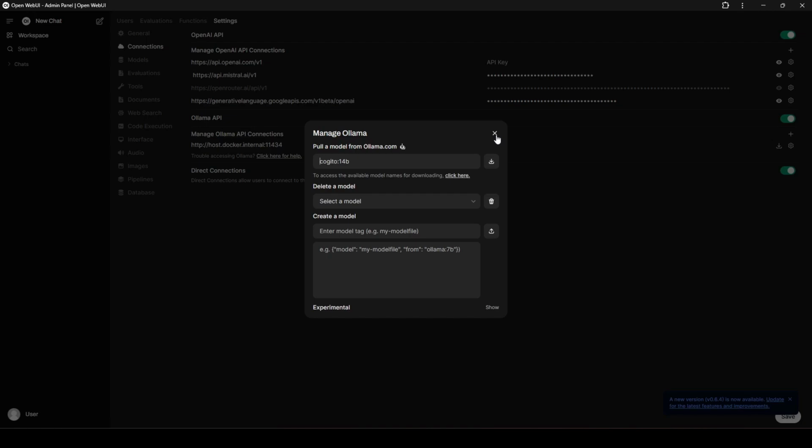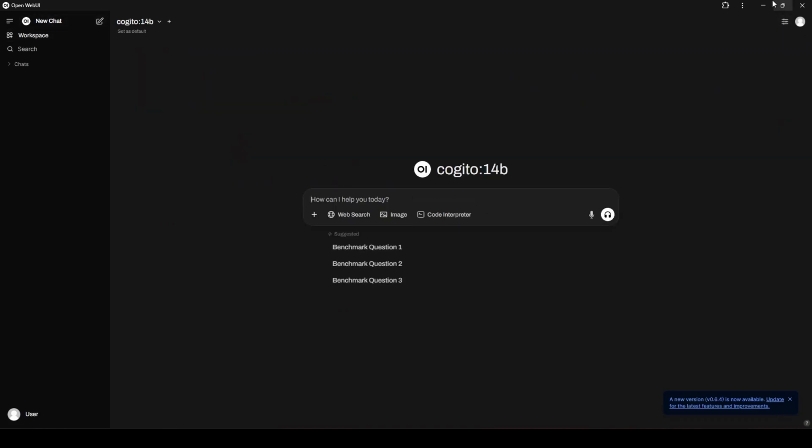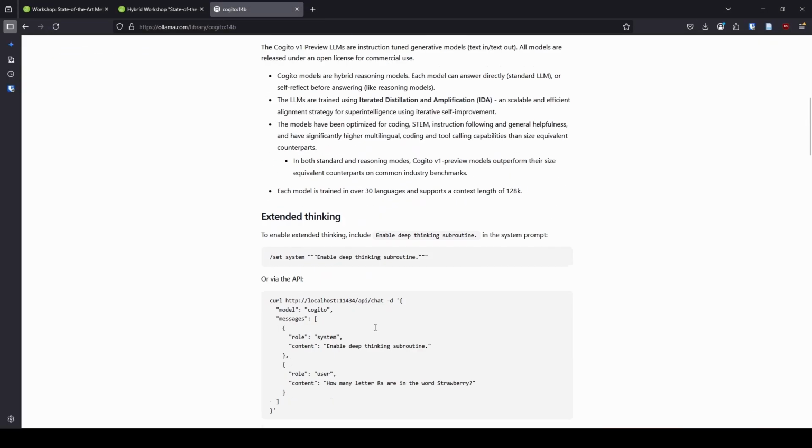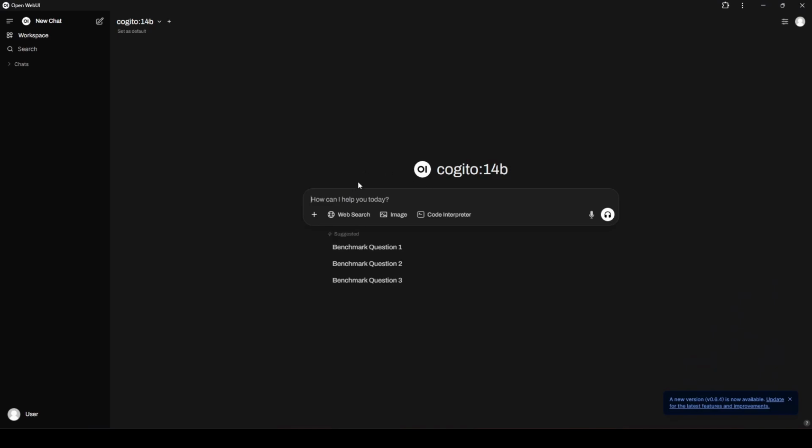Honestly, I usually just use command line because I find it faster and more efficient. Okay, so all I need to do is I want to copy this thinking command. We're not going to use this right off the bat, but I will want to use it later. Okay, so let's jump back in and let's think about a couple academic questions.